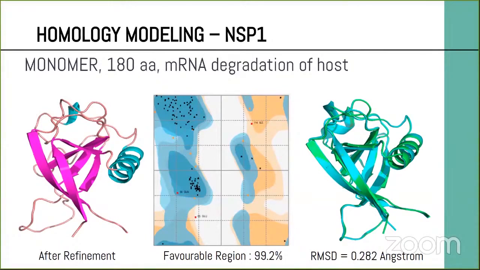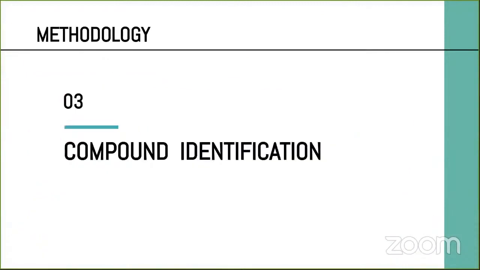Like this, we have performed it for all the NSPs, and this is what we have completed in our research. This picture represents how many NSPs we have prepared homology model structures for. Then we identified some compounds. For example, we downloaded 204 compounds from some databases, and then we performed molecular screening and all these things. Then we have done docking.